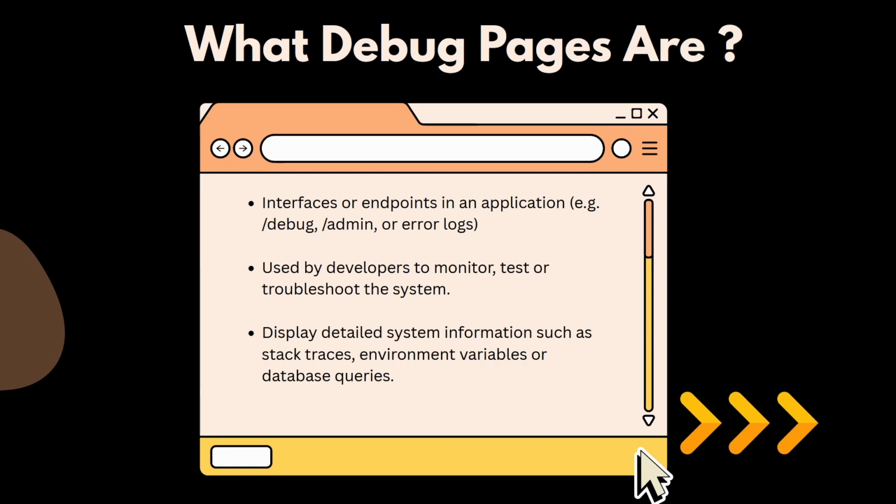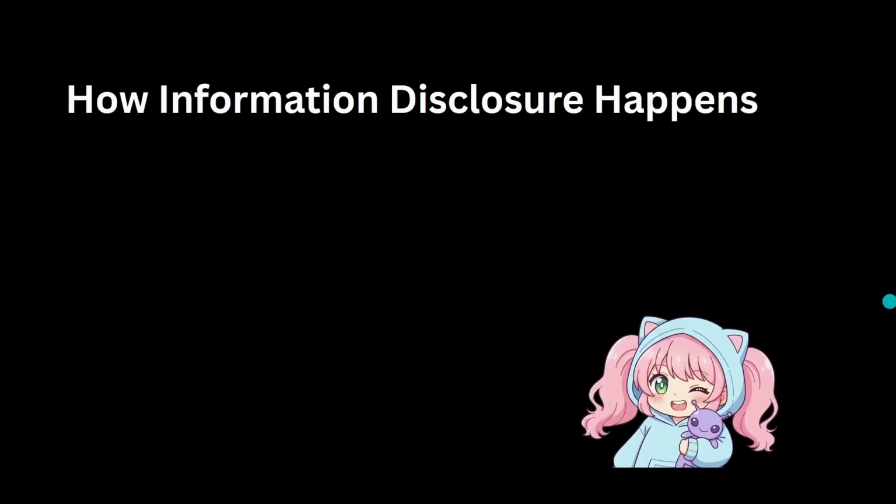So they display detailed system information such as environment variables, database query details, stack traces, and all these things. Now this kind of information should only be accessible to the developer or the administrator for certain purposes. It should not be publicly accessible. So this is what we got, a clear understanding of what debug pages are. So moving on next,